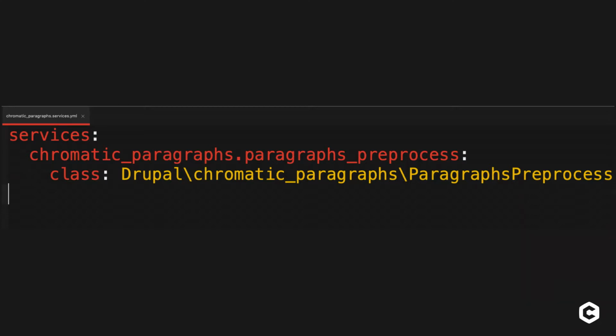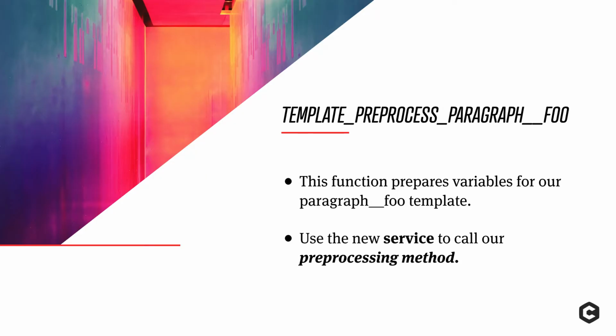So now that we have all of this, how does it finally link up in our module? In our module file, we need to make sure that we call template preprocess paragraph, and then the name of our paragraph. This is the machine name, _foo in this case. So this might look different than what you might be familiar with in some custom modules. Why aren't we doing chromatic paragraphs_preprocess_paragraph, that sort of naming convention? It's because